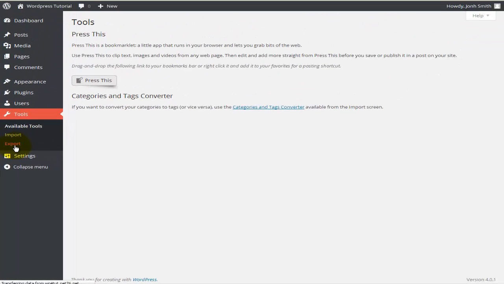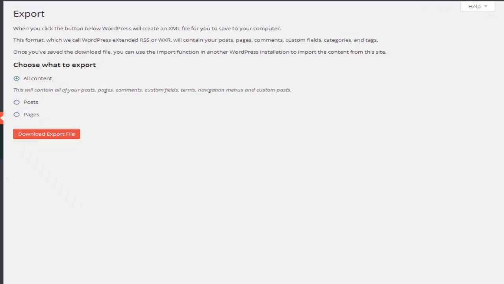So if you click on the export, a new window will show up like this. Basically what this will do is create an XML file which you will save to your computer, and you can use this file, which is called WordPress eXtended RSS or WXR. This file will contain all the posts, pages, comments and custom fields, and you can use that file to upload onto some other blogging software or something like that, and in that way you can link your page with your account on some other blogging software